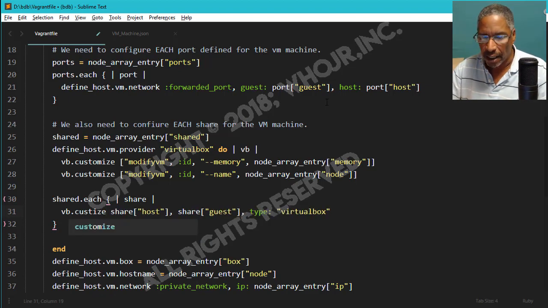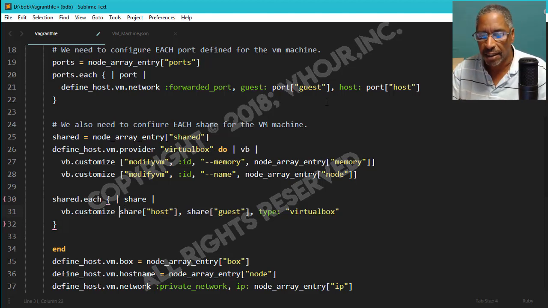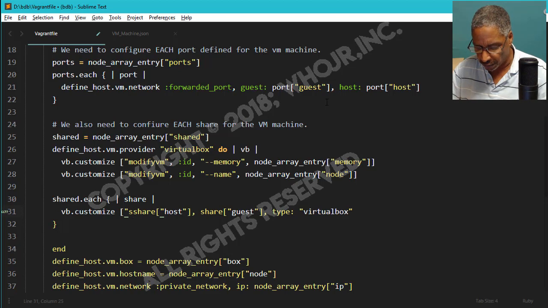And what vb.customize does is it will send an array of values to the VirtualBox utility, which is Oracle's utility to manage a VM machine by the command line. So the command which we're going to give it is the shared folder,